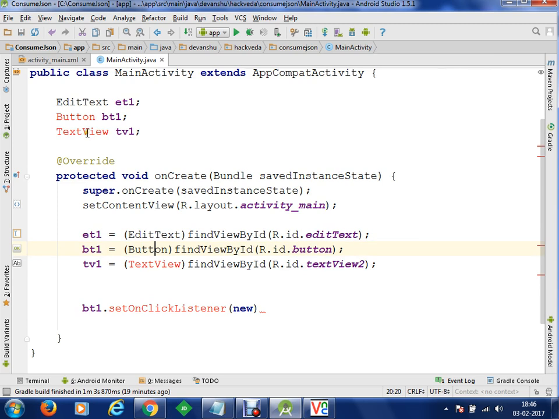We'll import the Button class, we'll import the TextView class. These are creating problems here. And now we have an on-click listener on the button control. And now I'm going to create a new instance of my OnClickListener.